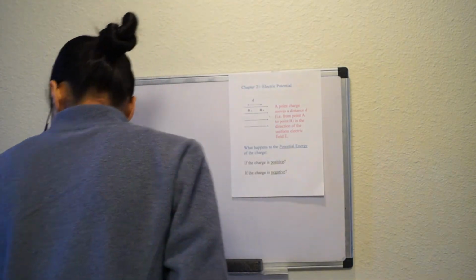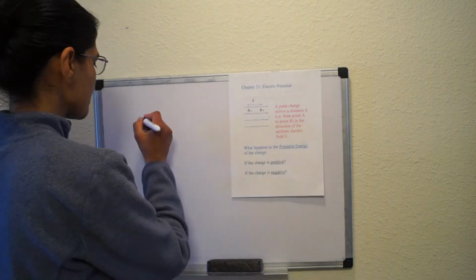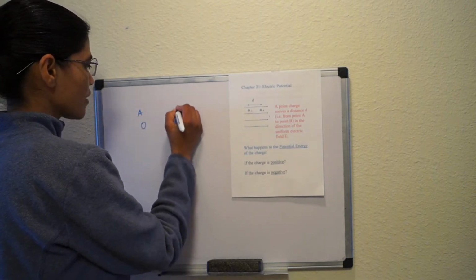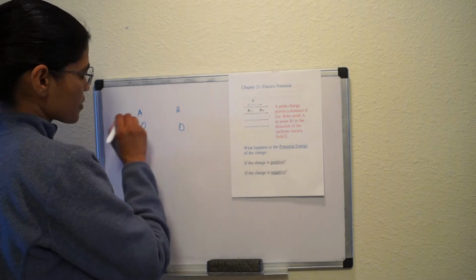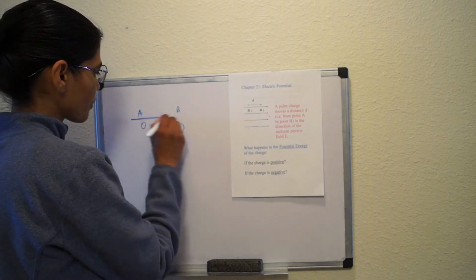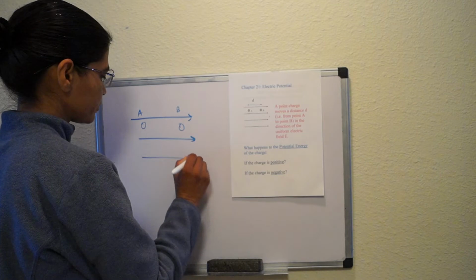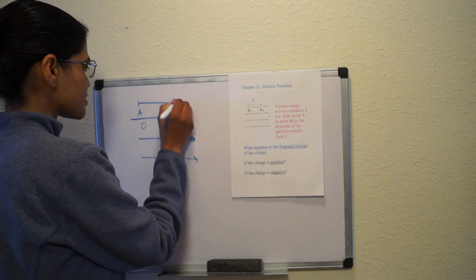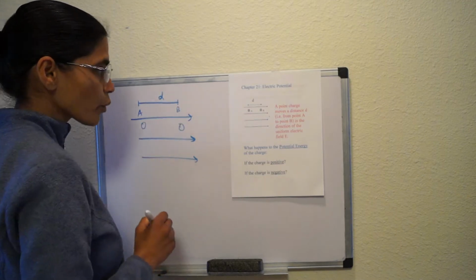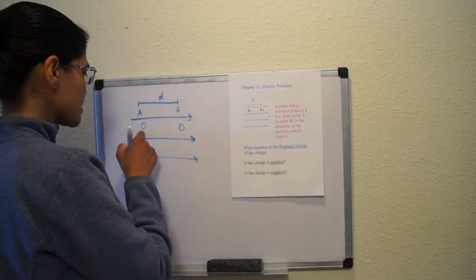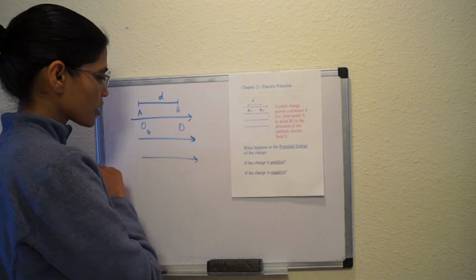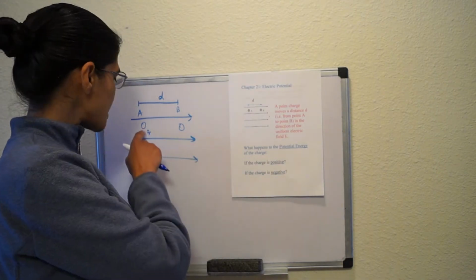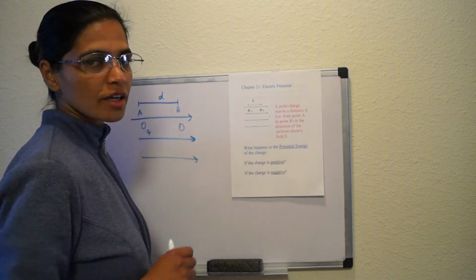if we have 2 points, point A to point B, and these points are in a uniform electric field, and let's say these 2 points are at some distance d, and if we place a point charge, some charge q here, the field has to do work to move this charge from point A to point B, right? So the work is